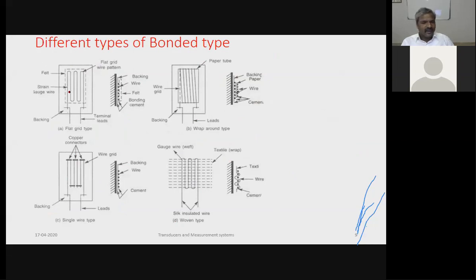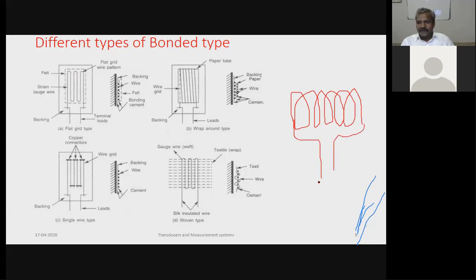So these are all wire type. This is flattened grid wire. This is foil type. One more type is helical. So helical means the resistive filament is in the form of helical. Okay, helical. So these are all helical type strain gauges. So these are all the different types of strain